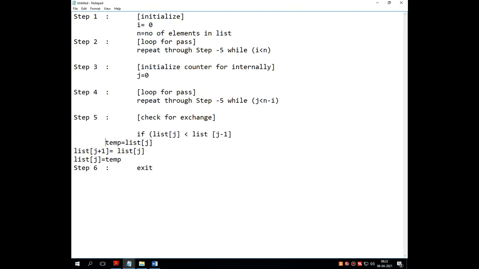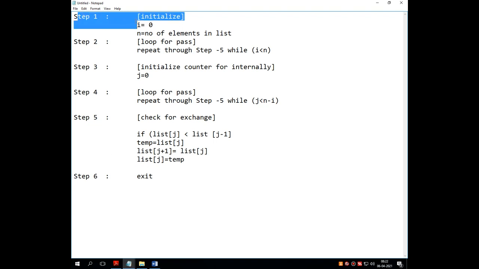The values which I require for sorting the numbers through this particular technique called bubble sort are I equals to 0. So step number 1 is initialization, where I am initializing I equals to 0 and n equals to the number of elements in the list.